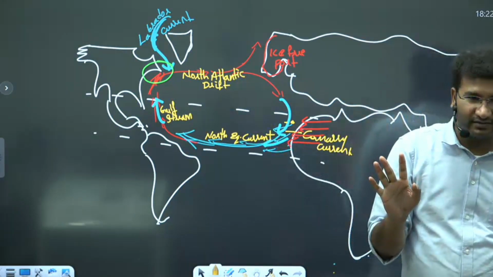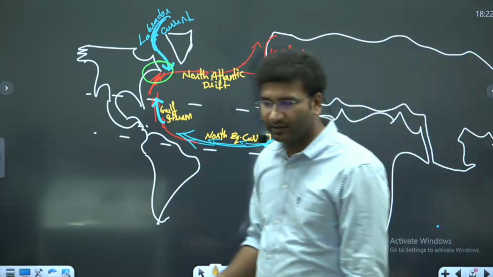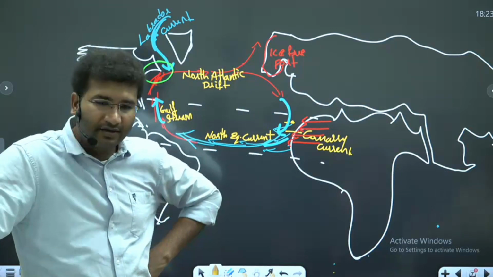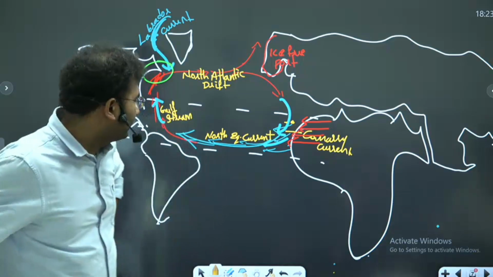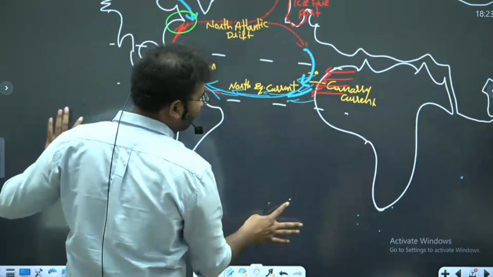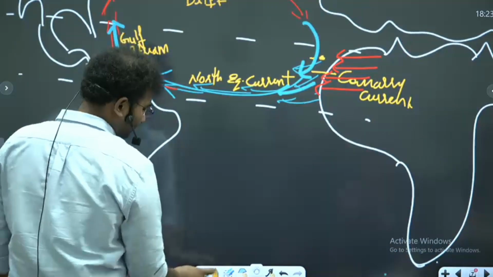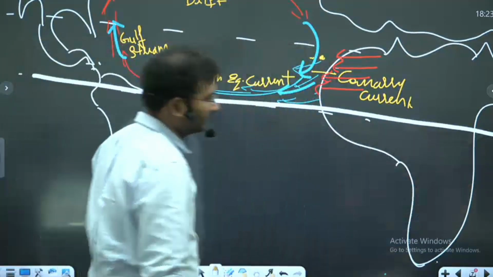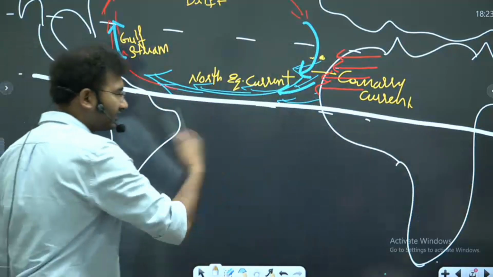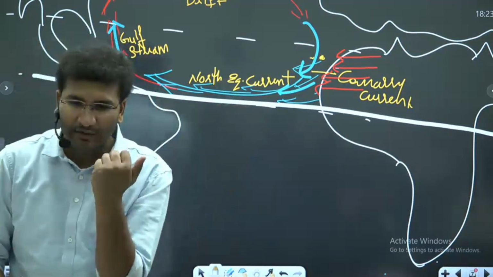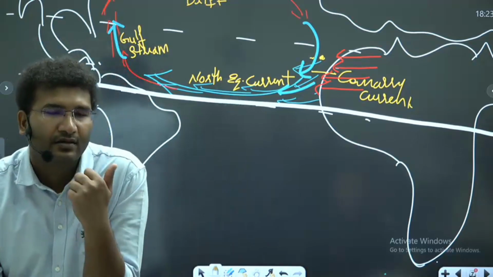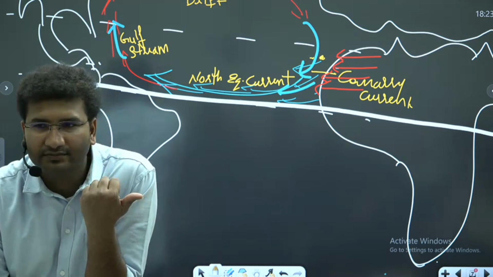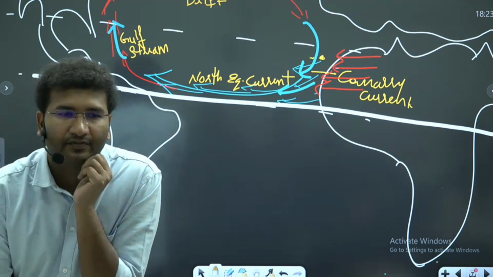अब clear है? ठीक है? चलो, let's go and do the. आप कोशिश करो. Go to the South Atlantic and try to draw the currents. ठीक है? That means I want you to draw the currents, only directions. I don't want you to draw the names. So this is your equator. And please try to complete the circulation of the oceans. I'll give you hints. Number one hint is, in the southern hemisphere, the Coriolis force deflects towards the left. ठीक है?